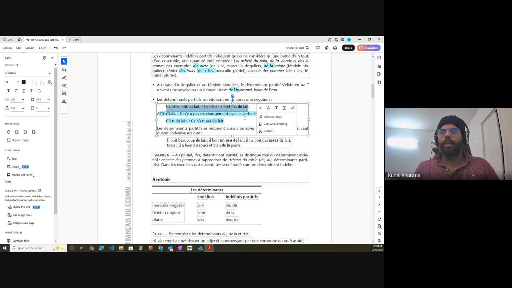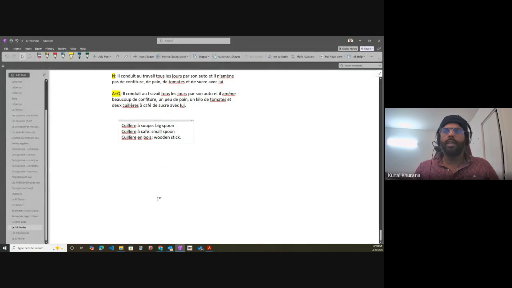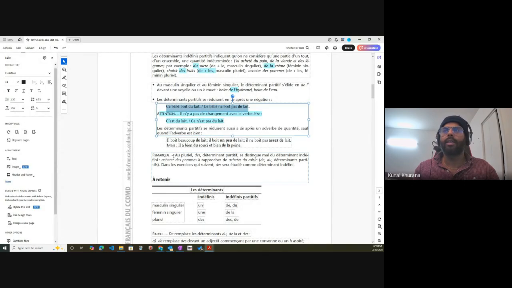Before that, we generalize the rule, right? So say bébé boit du lait. This is the negation of that. Say bébé ne boit pas de lait. That's perfect. Now, let's say we have a sentence with the verb être,